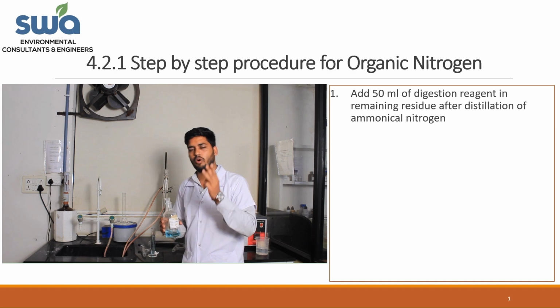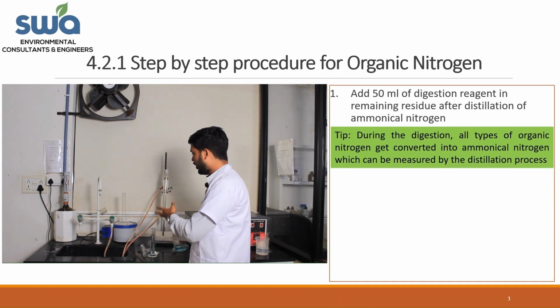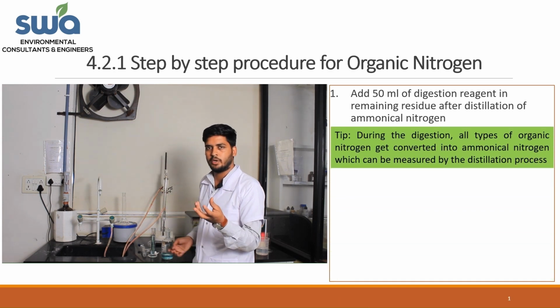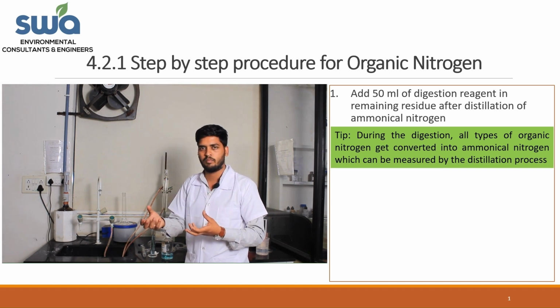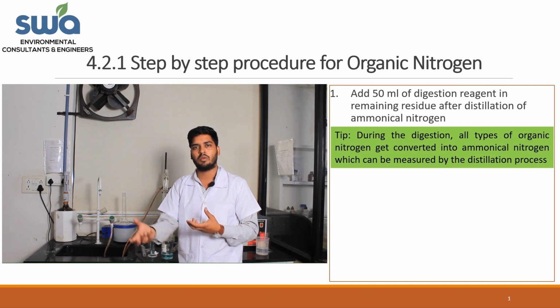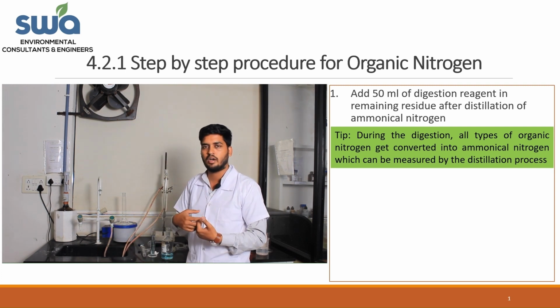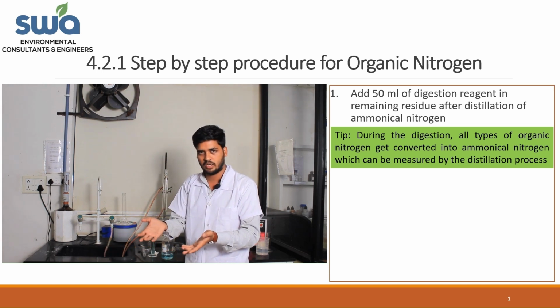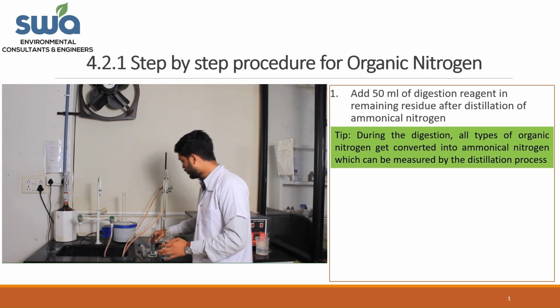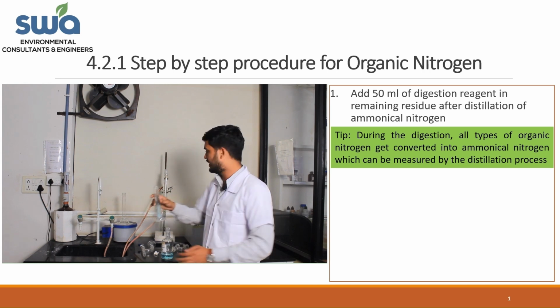In presence of all these three, the organic nitrogen present in the sample will get converted into ammonium form. The converted ammonium will then be measured by the same distillation process that we will see after the digestion process. So first add 50 ml of digestion reagent into it